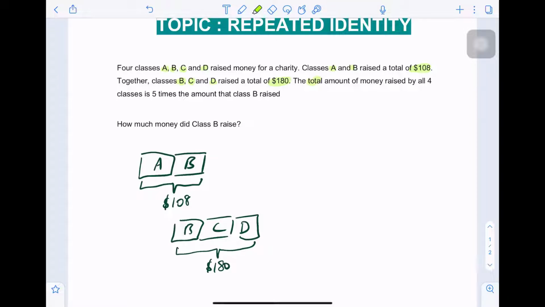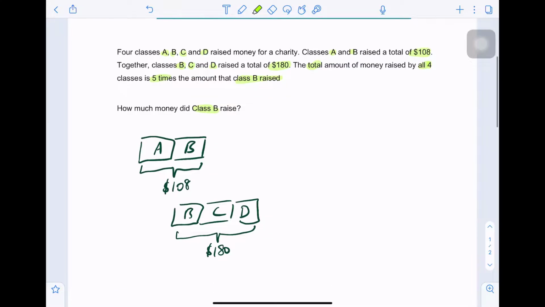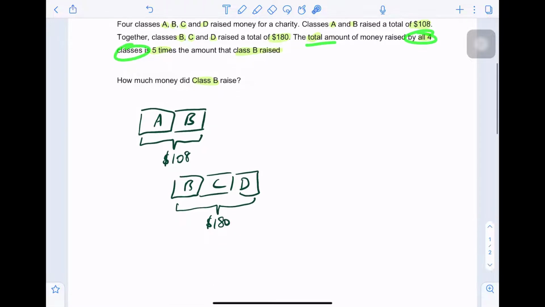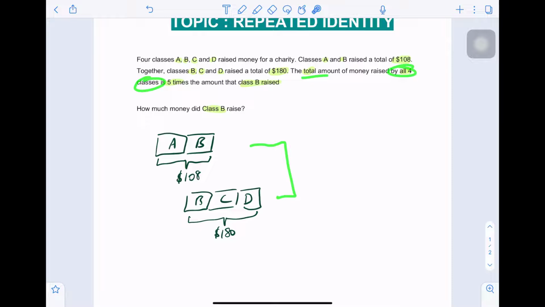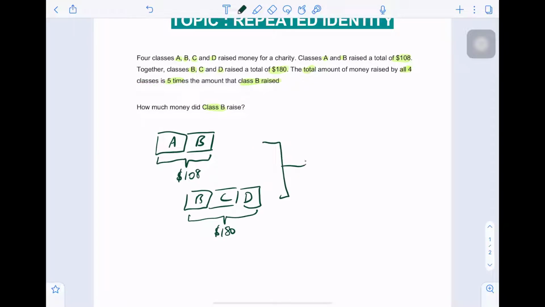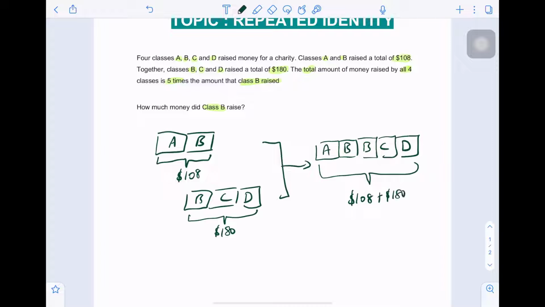The total amount of money raised by all 4 classes is 5 times the amount of money that class B raised. How much money did class B raise? Now, in order to deal with the next statement, which is the total amount raised by all 4 classes, the only way is to add these two models up. So when we add these two models, we will get A, plus B, plus BCD, B, C, and D as well. Alright, which will give us a total here of 108 plus $180, which is